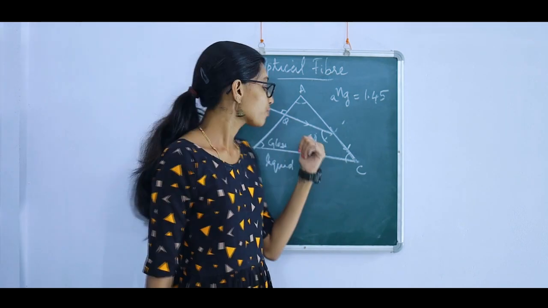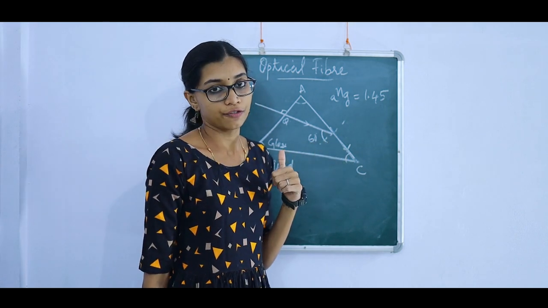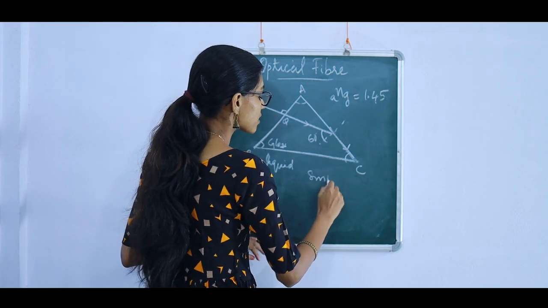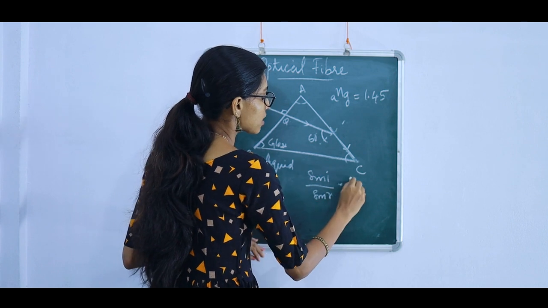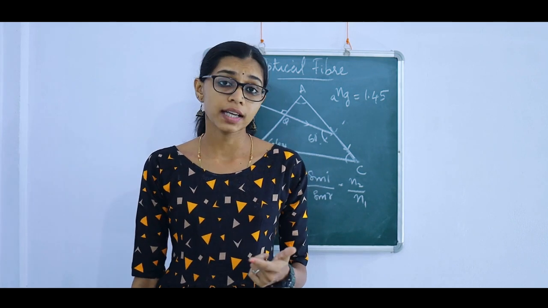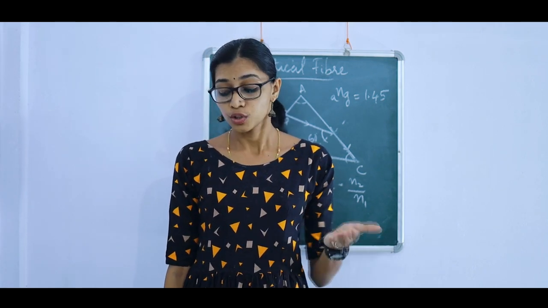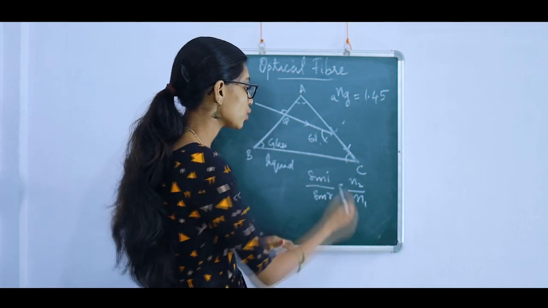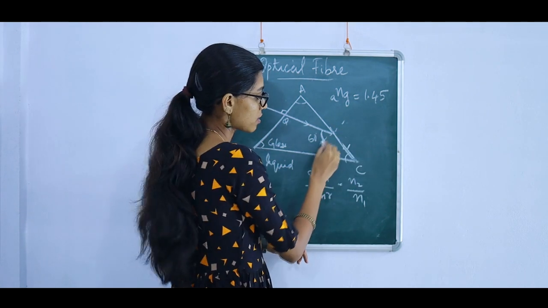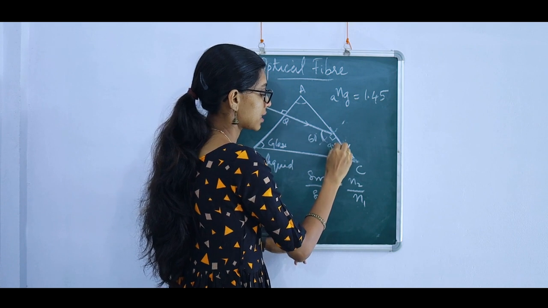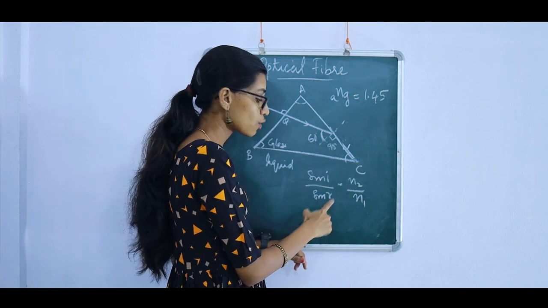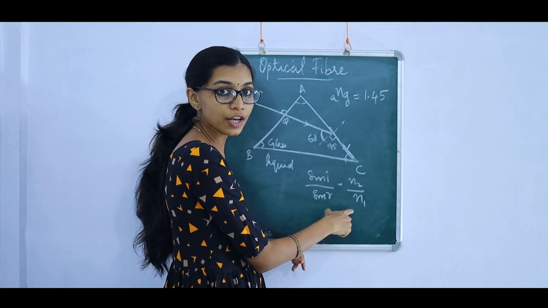Now when you have this as 60 degree and this grazes through the surface, we can use our general formula of refractive index. We are going to use that sin I by sin R is equal to N2 by N1. Now if we have to find the angle through which it grazes through the surface, I is equal to 60 degree, and what is this angle of refraction? This is normal, so this has to be 90 degree. So we have angle of incidence and angle of refraction. So I is also there, R is also there. So we can find N2 by N1.